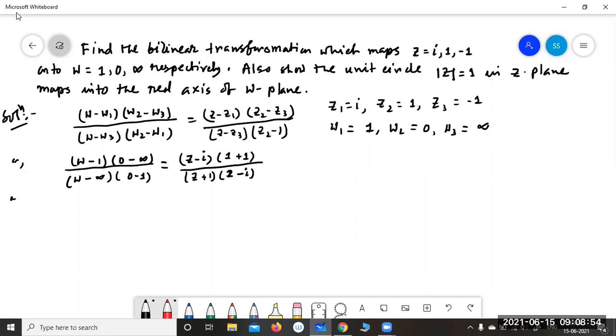We are putting all those values of z minus z1 and z minus z3. So from here in the left hand side, it will be coming that